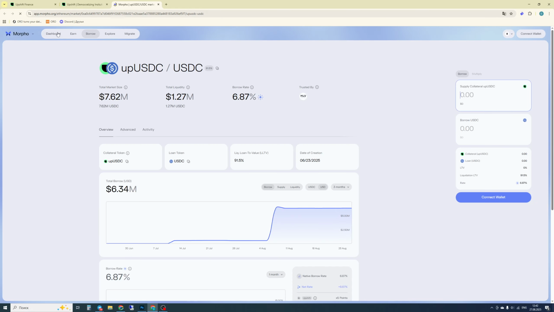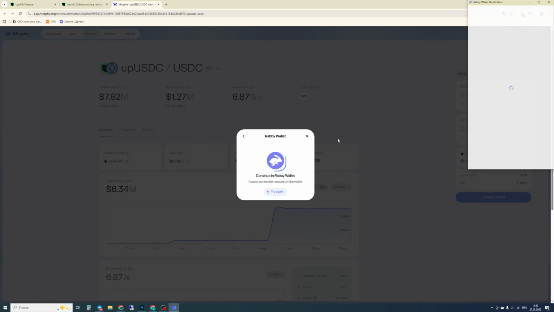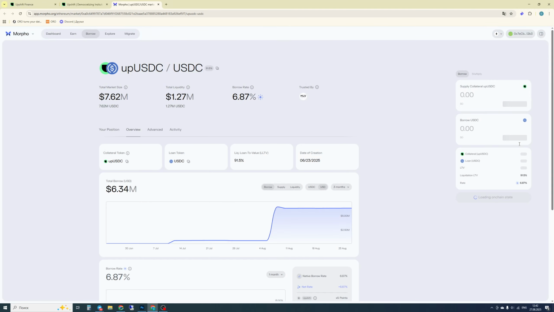We access the Morpho platform, where we can provide liquidity from our up USDC. We can also consider taking out a loan if needed, but I personally won't choose to do that. I don't want to take on those additional risks right now. Your strategy plays a crucial role. If you need free stablecoins, you can also deposit your USDC as collateral here and take out USDC again, so you can possibly deposit them back into the protocol. However, please keep in mind that there can be potential liquidations in this case, and there are inherent risks involved in the process. Therefore, always think about what you are doing and weigh all the pros and cons.